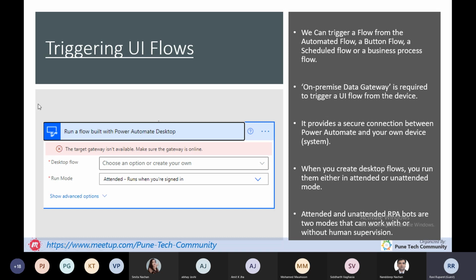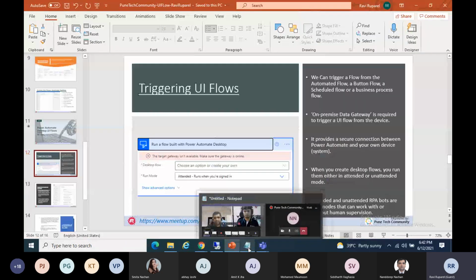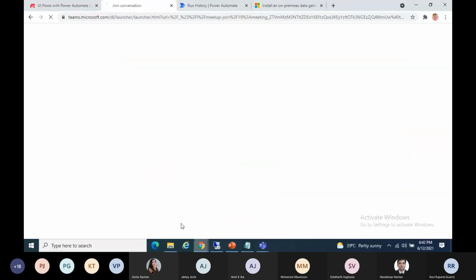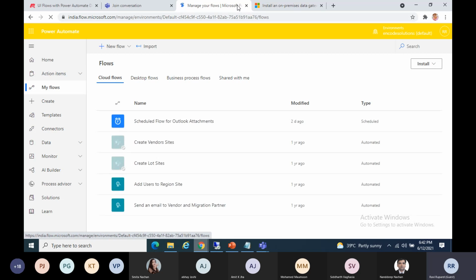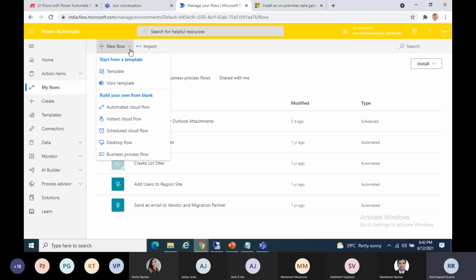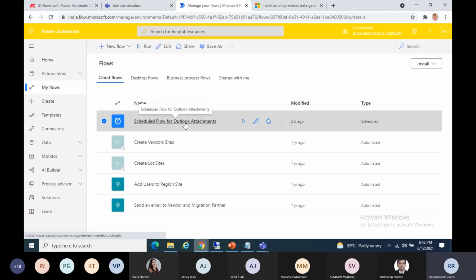So to trigger this UI flow, let me go to the desktop screen. This is my Power Automate desktop screen. From there, I have created one schedule flow by clicking on new flow. So let me edit this flow.